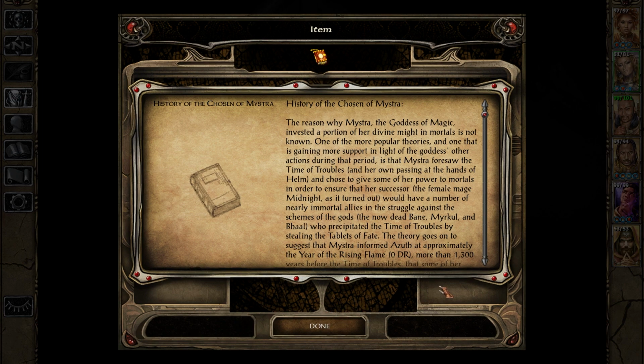The reason why Mystra, the goddess of magic, invested a portion of her divine might in mortals is not known. One of the more popular theories, and one that is gaining more support in the light of the goddess's other actions during that period, is that Mystra foresaw the Time of Troubles, and her own passing at the hands of Helm, and chose to give some of her power to mortals in order to ensure that her successor, the female mage Midnight as it turned out, would have a number of nearly immortal allies in the struggle against the schemes